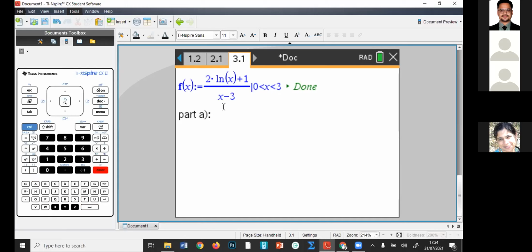Part B, draw a set of axes, so hence or otherwise find the coordinates of the point of inflection on the graph of y is equal to fx. Now this is our function. So point of inflection, find the coordinates of point of inflection. The best way to do this is to draw it. And on point of inflection,